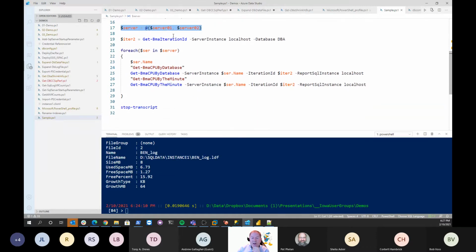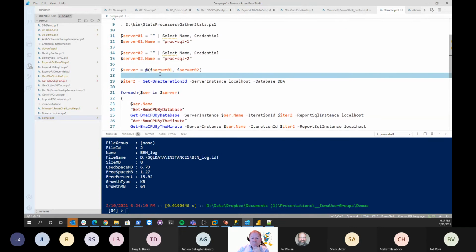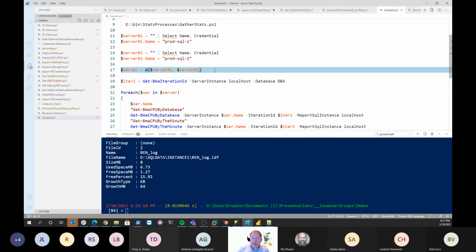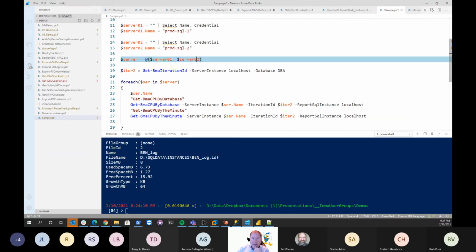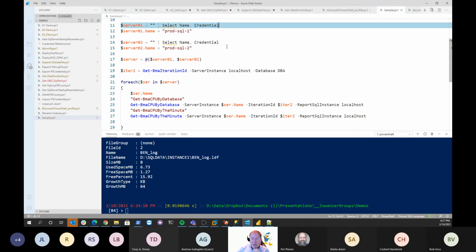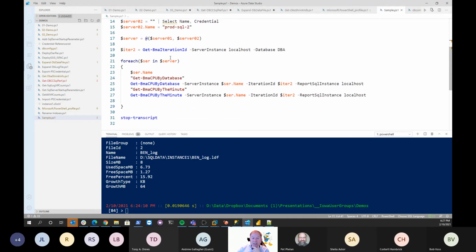Here's my environment setup. I could put these in my profile or in the profile that gets loaded for this particular automation. And now I've set up my environment. I only have 2 servers and they're named prod SQL 1, prod SQL 2, and they don't have a credential. Notice I didn't say server 01 credential. It's blank, so I don't have to worry about that. And I just now have an object that has servers, and for each in server,